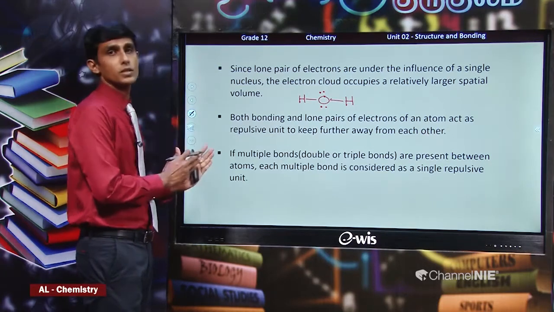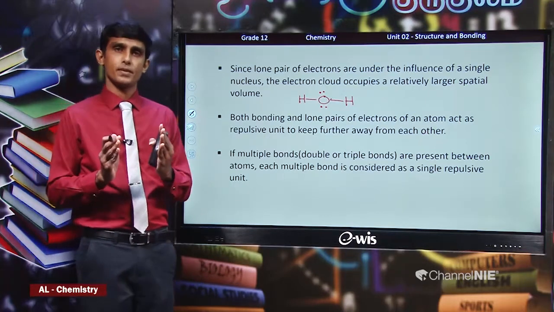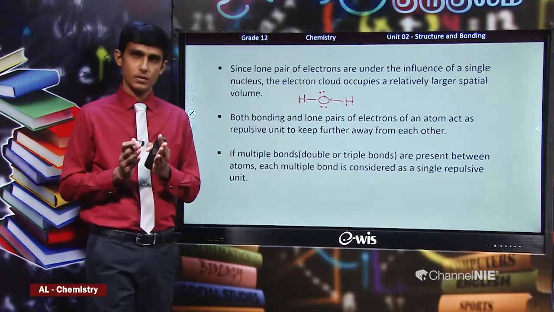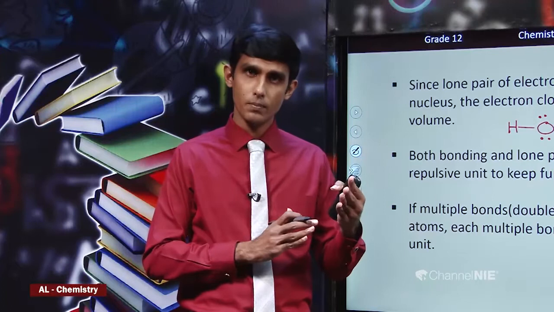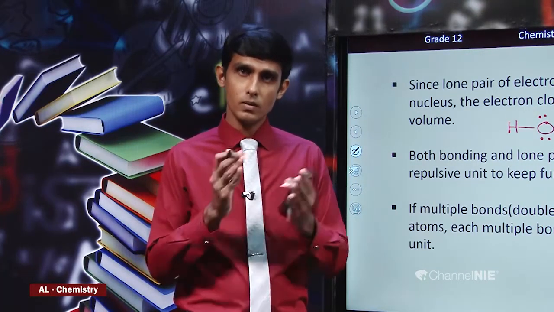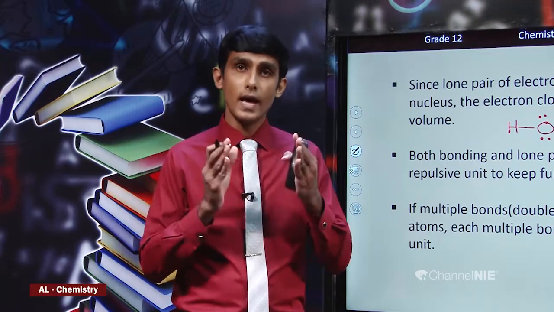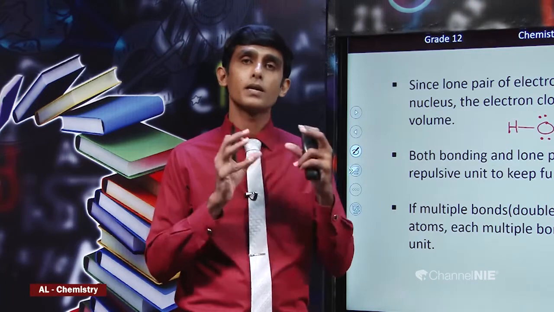That means, when you are going to deduce the shape, a double bond or triple bond or single bond is considered as one repulsive unit,